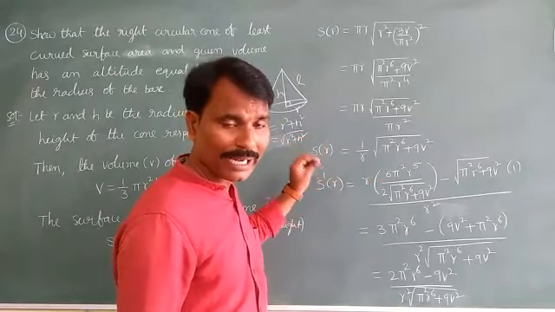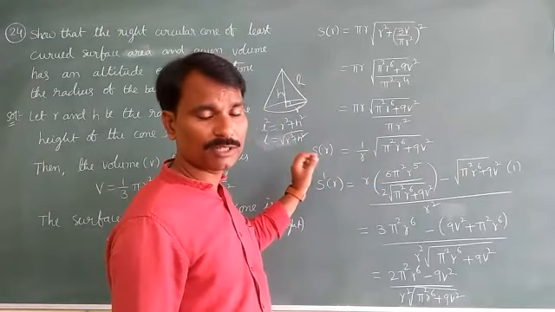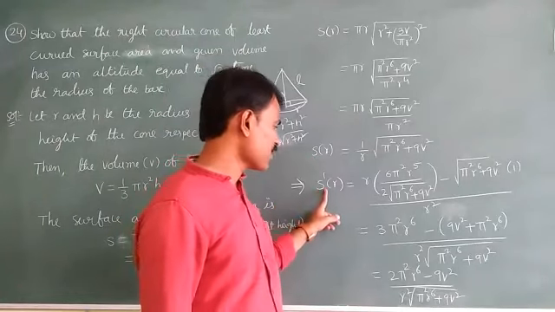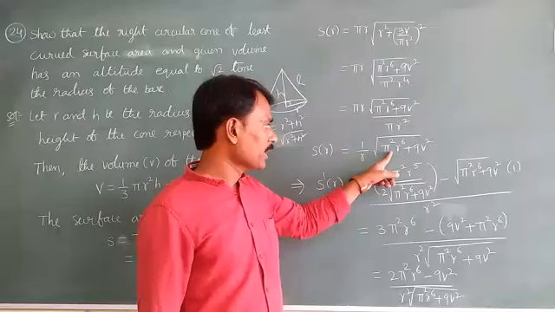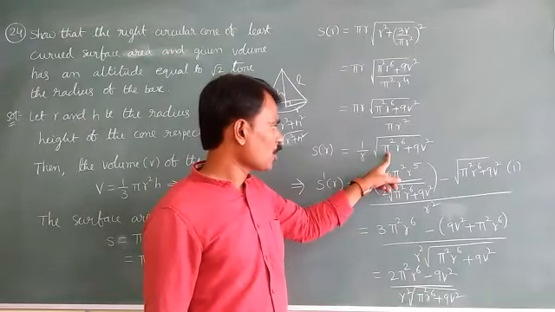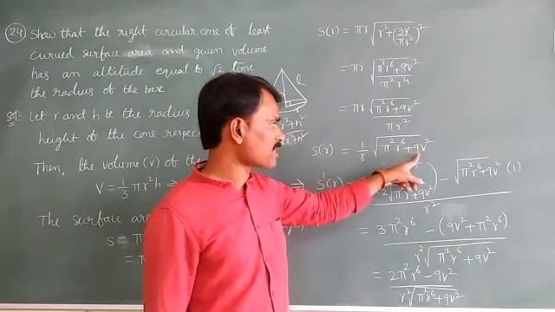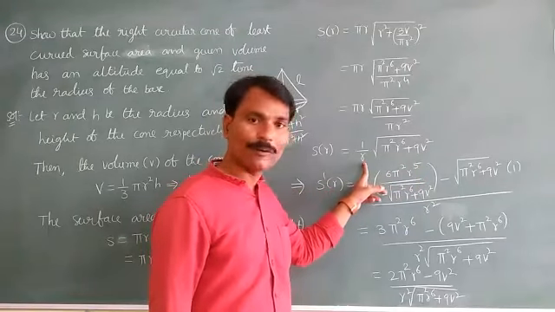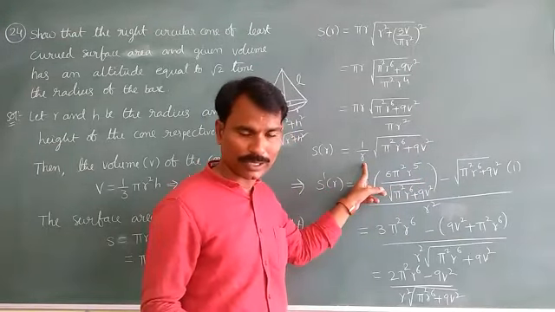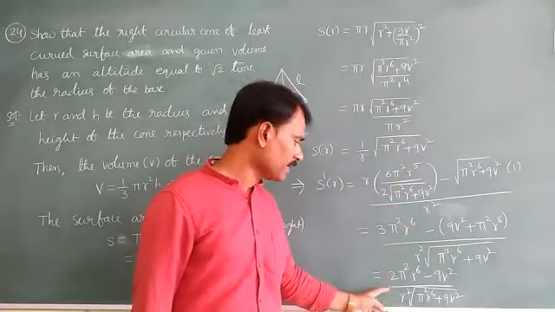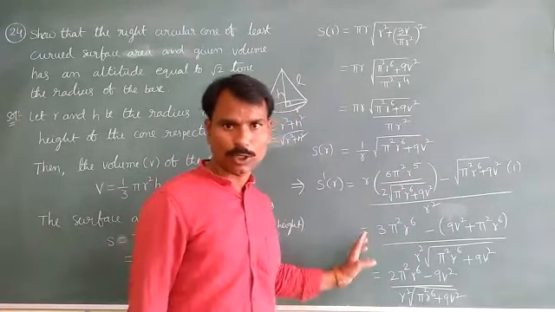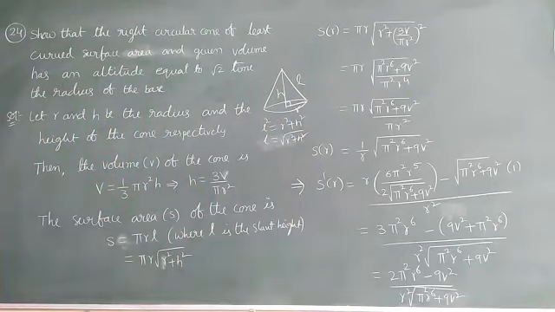That means we made a function with a single variable, and take the first derivative. The first derivative result will come like this, because this is f of x by g of x. The square root of π²r⁶ plus 9V² is the f of x, and g of x is purely r. Apply the f of x by g of x formula, then you will get the S dash of r. Note down, I will continue the problem.